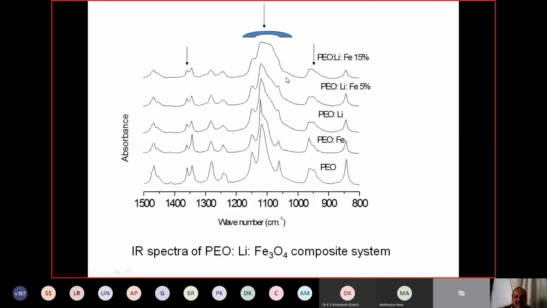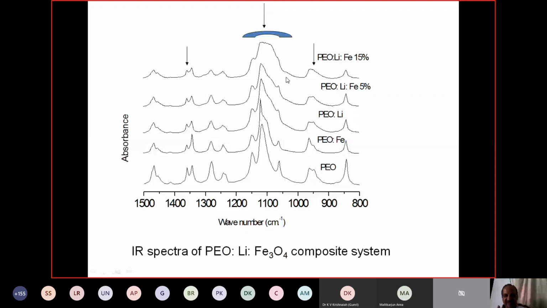Okay, so these are the explanations for the different oxide materials. You see how the COC is changing, how the ion pair is changing with the content. That means here we should put in the IR data, where structural changes are taking place. That means how the coordination is taking place between the lithium cation, nanoparticle, and polymer. Mainly in the polymer, for example, if you take the PEO, there is oxygen, and within that oxygen there are lone pairs of electrons, so they coordinate with lithium. Again, when we dope nanoparticles, this lithium will coordinate with the nanoparticle.